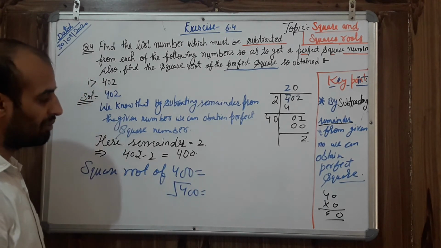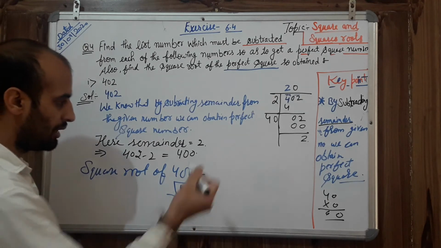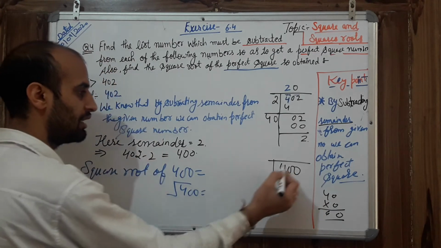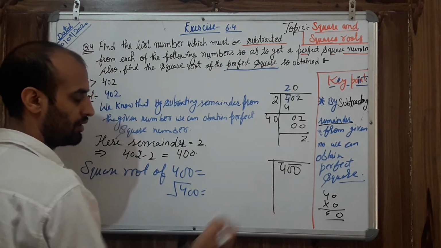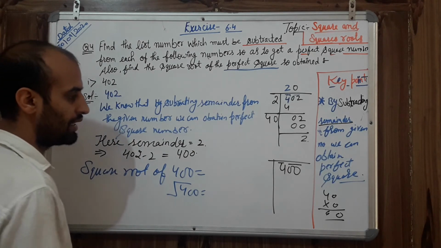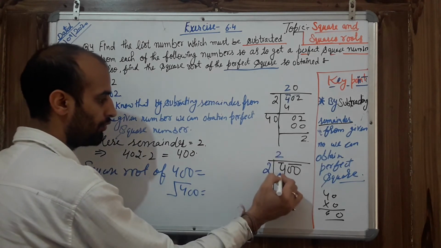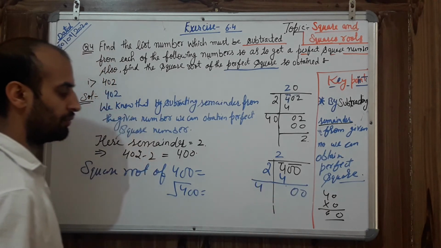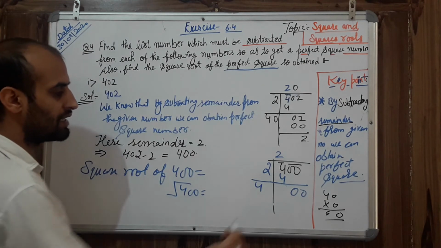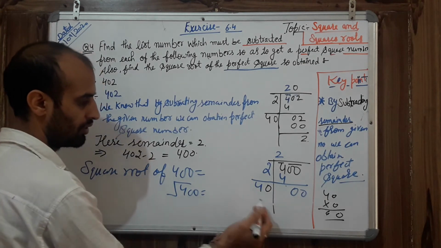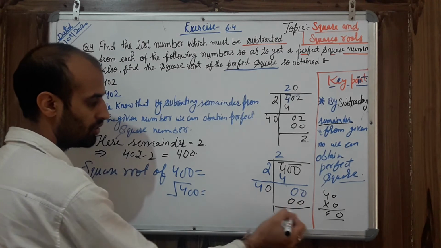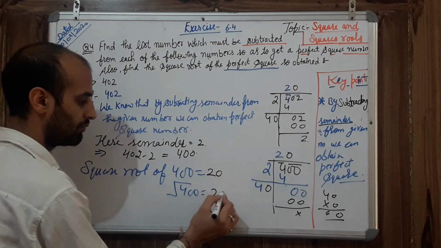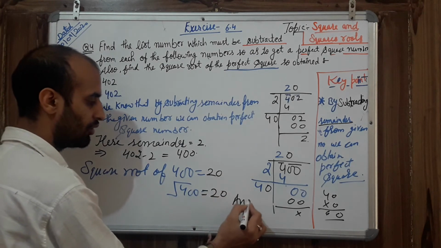How to calculate? Again the method remains similar. The remainder we have subtracted. So see here now. I have the number 400. Again I start by making pairs, these two and this one. So the first number is 4. Let us start with 2. 2 twos are 4. Cancel out. Here 0, 0 are left. And it is 4 here. So now to find the answer, only 0, 0 remain. So write here 0, because as I did here, you can see, it becomes 0, 0 and the remainder is 0. So what is my answer? 20. So I hope it is clear to you how I did it.